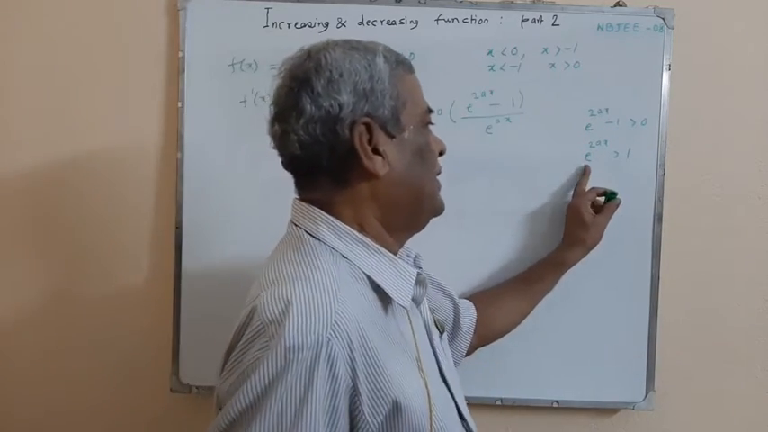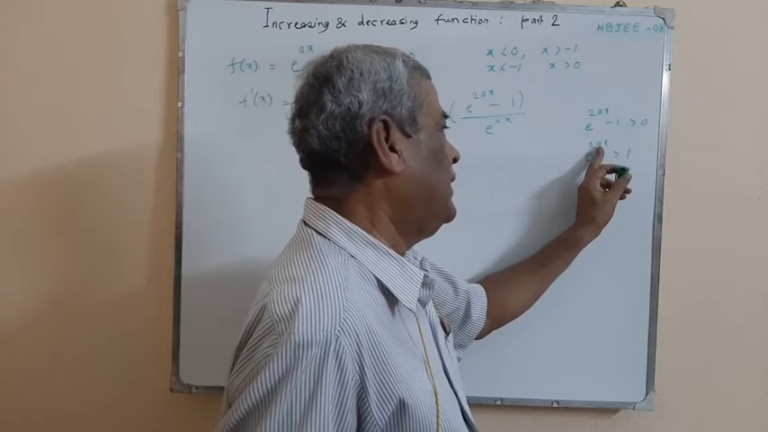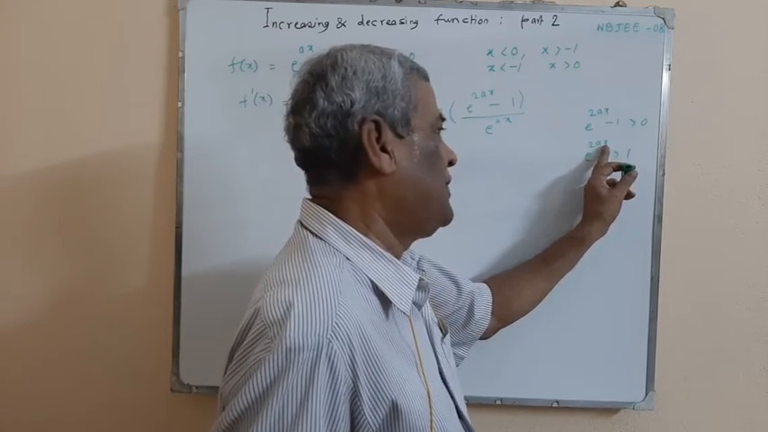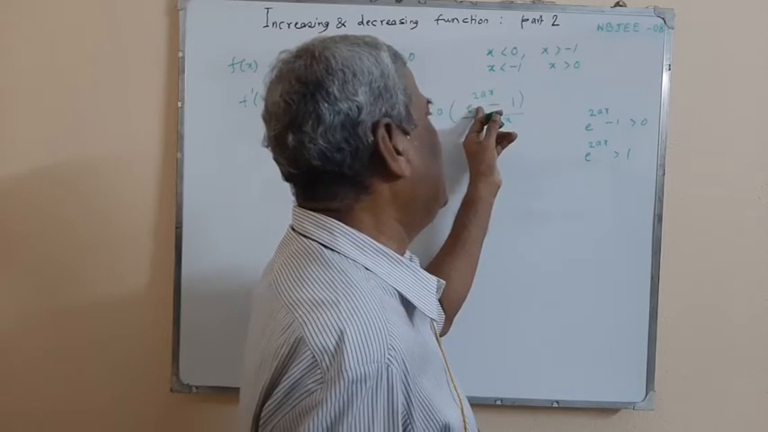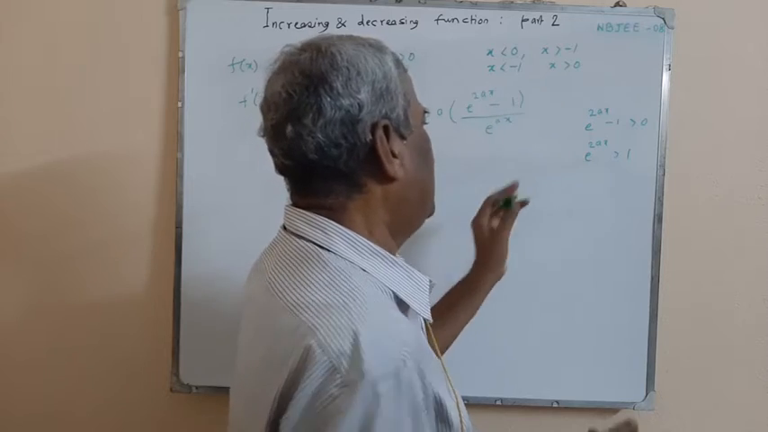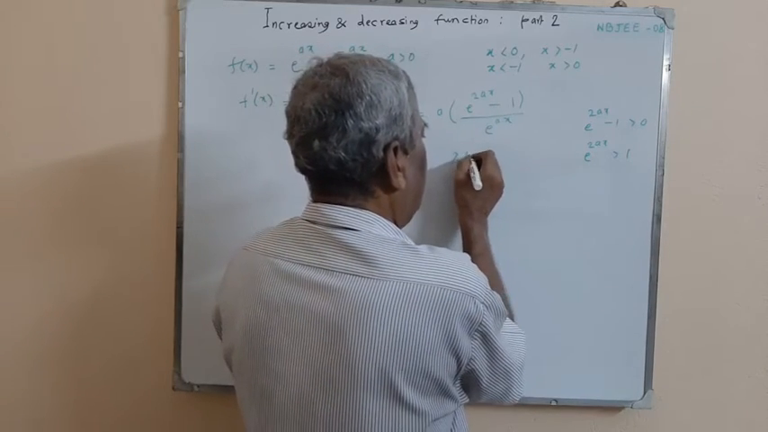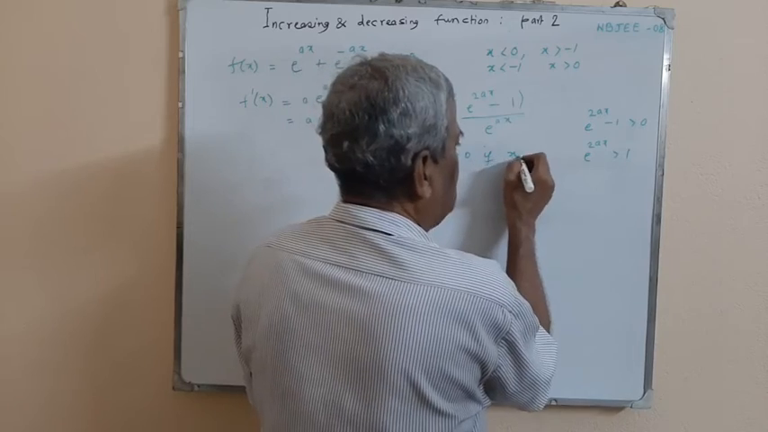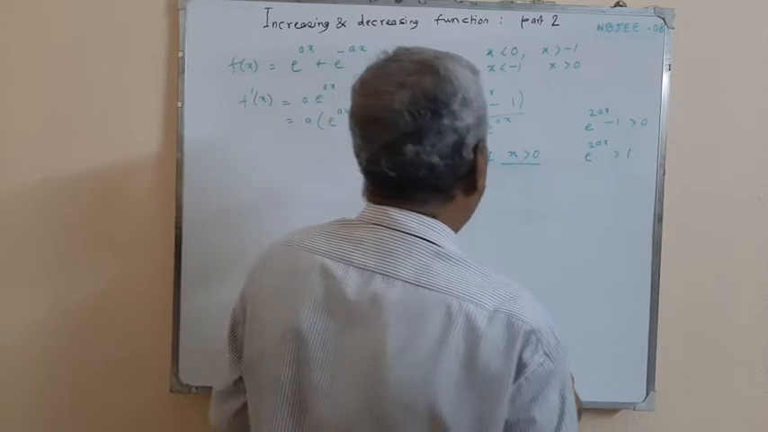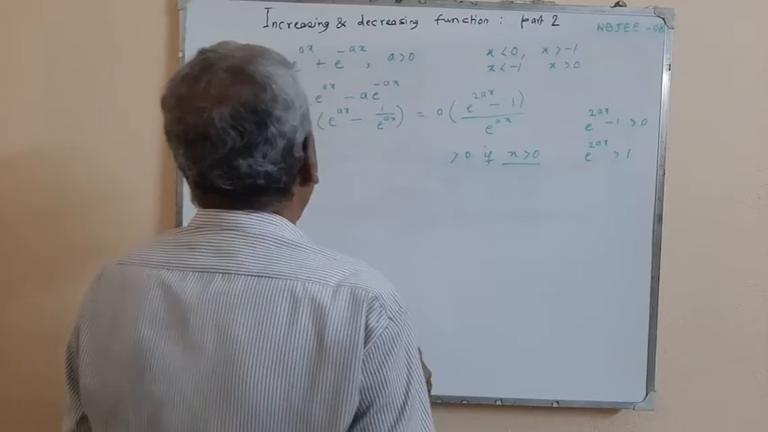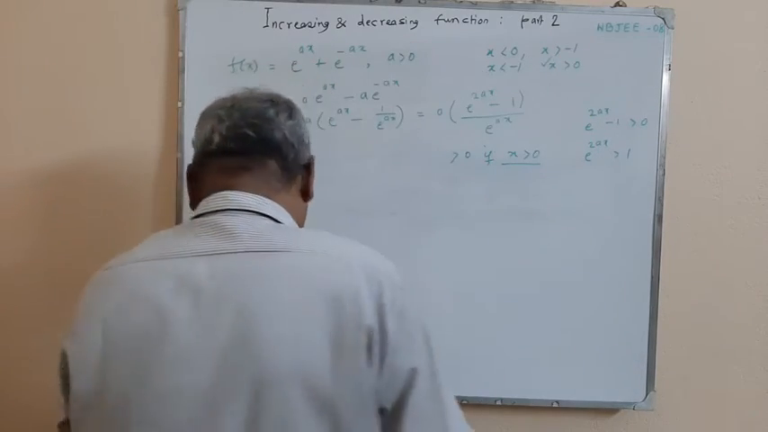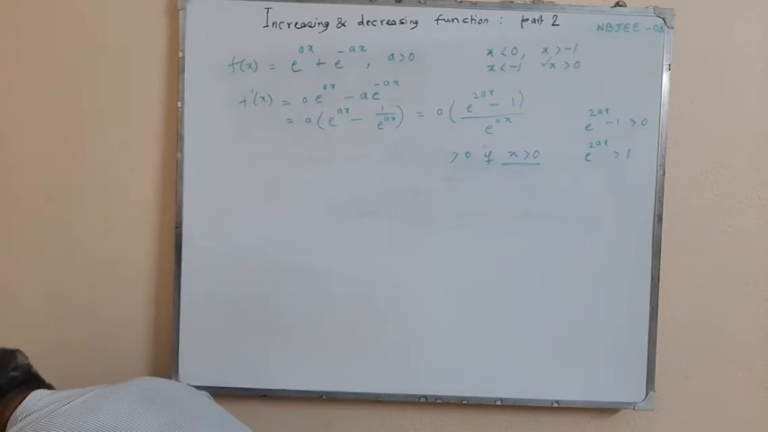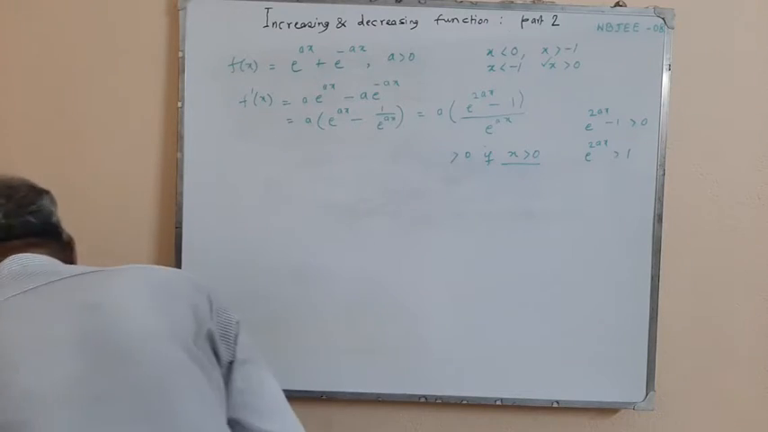Now you see, this is equal to 1 if x is 0. When x is greater than 0, then this is greater than 1. So in that case, the whole thing is positive if x is positive. So the function is strictly increasing in that range when x is positive. Next,